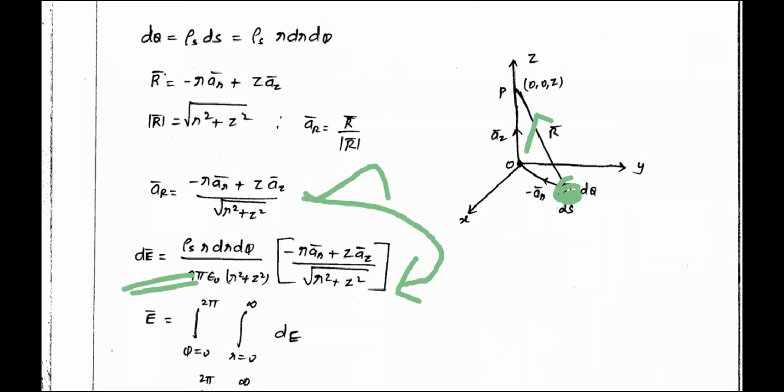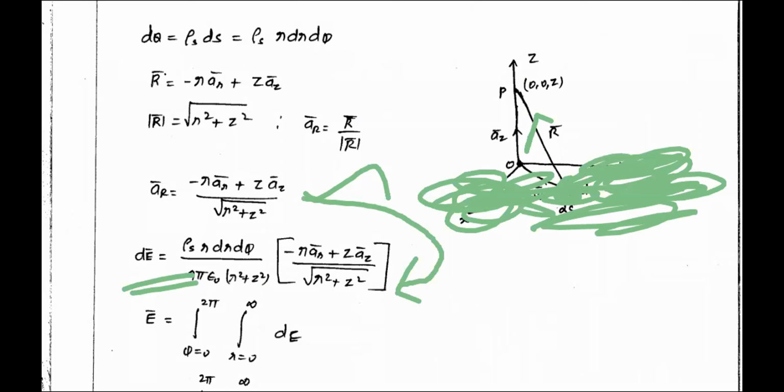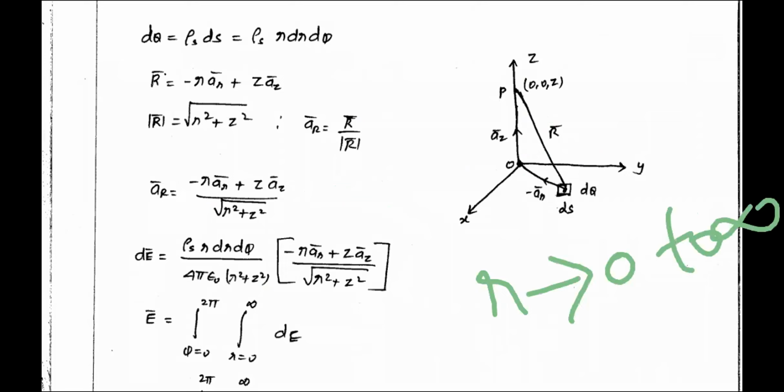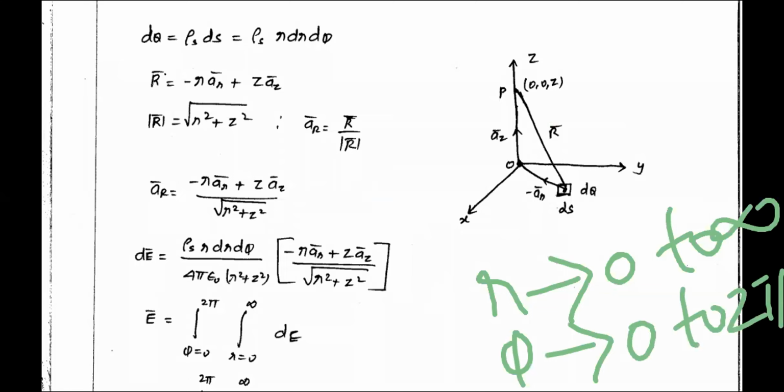I want to know the electric field due to all the surface, because charge is available on the entire infinite plane. What is the total electric field at that point? So what you have to do? You are on the base plane. You can vary your R from 0 to infinity, and your phi from 0 to 2 pi. Once you make this variation, you can go anywhere on the infinite plane. So once you make the integration, you are considering all the infinite points on the base plane.